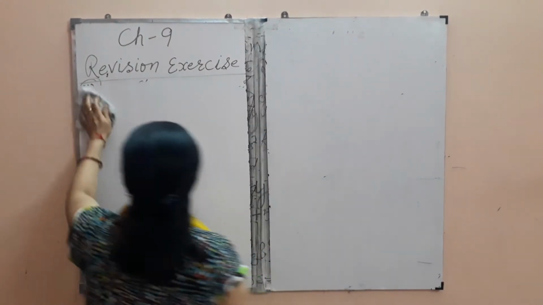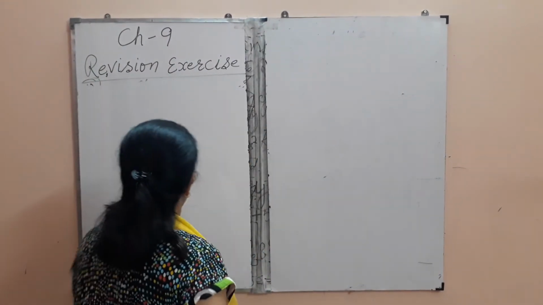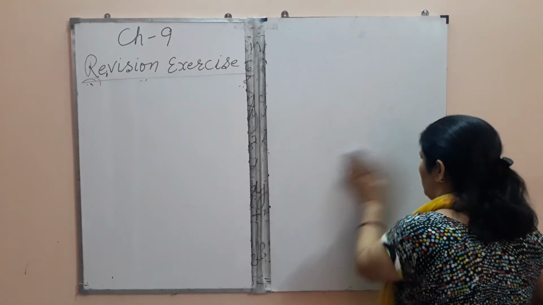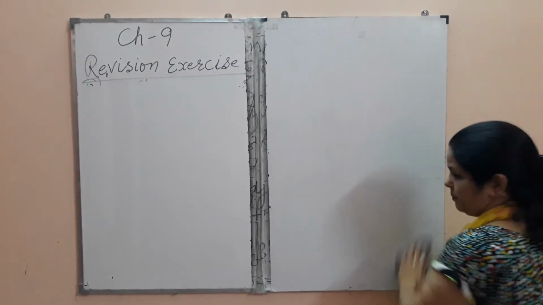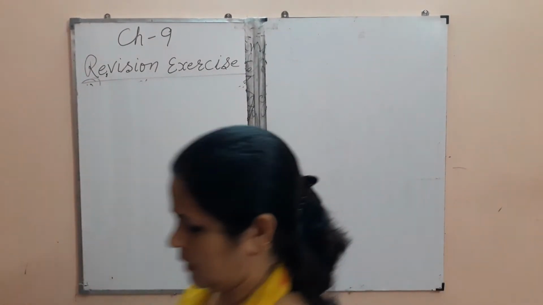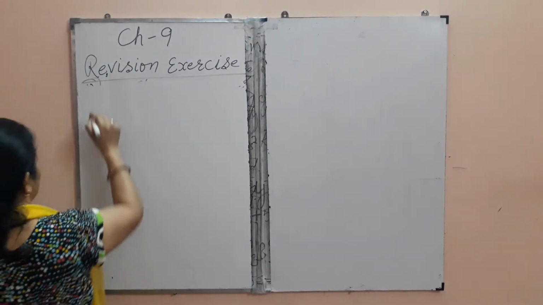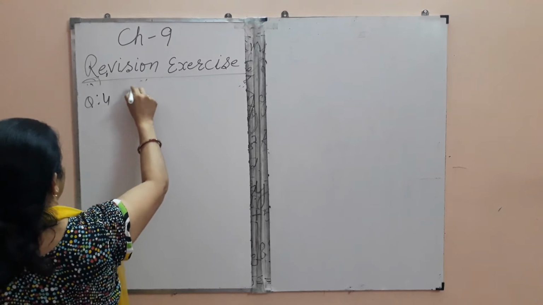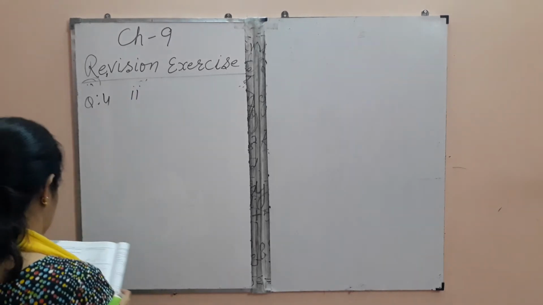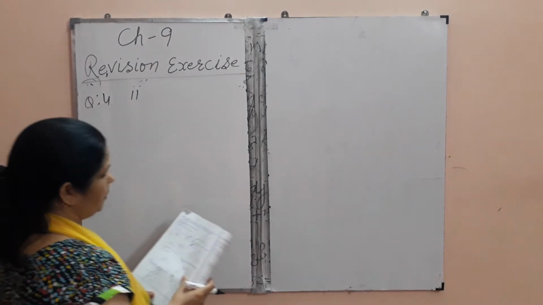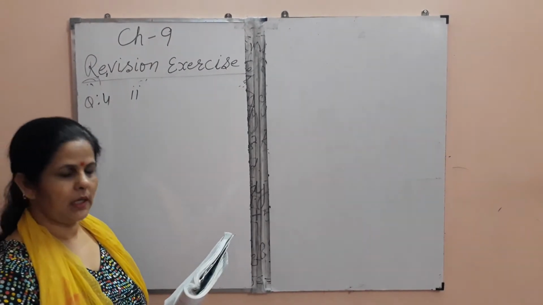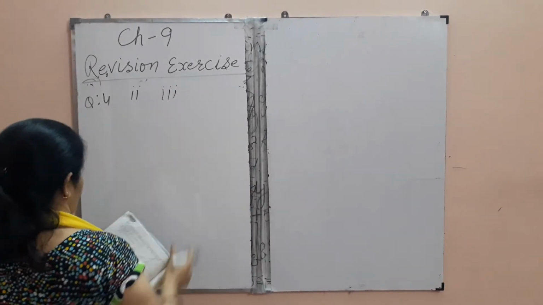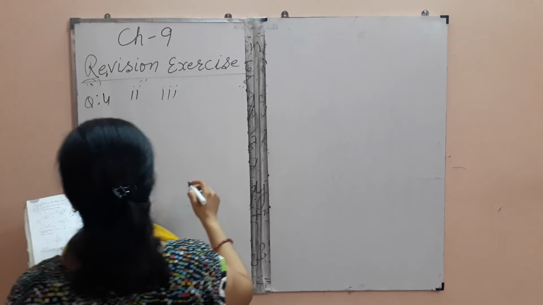Second and third question you will do in the copy, and fourth question, the sums which I am doing on the board you will do in the classbook copy, and rest you will do in the practice copy. So question number 4 and second part. Second and fourth part are same and first and third part are same. So I will solve second and third part on the board. So second part, let's draw the diagram first of all.